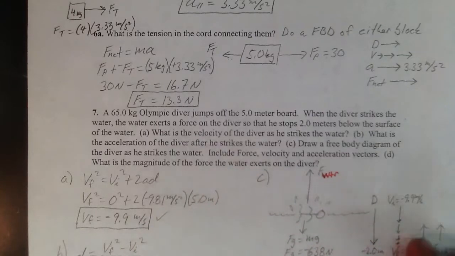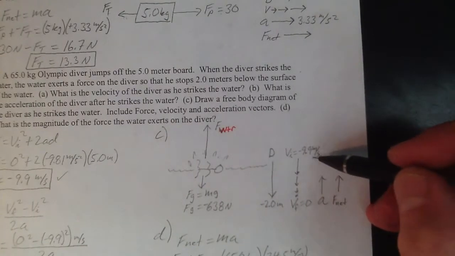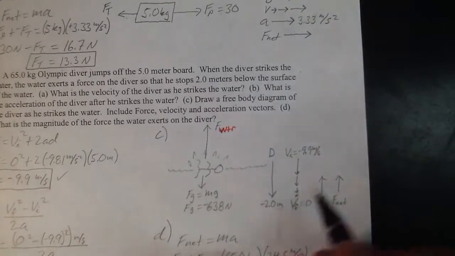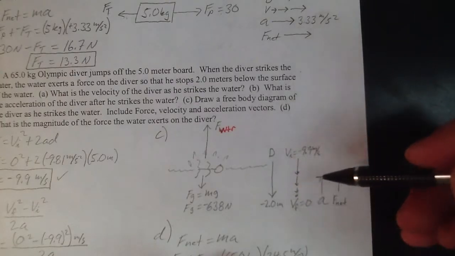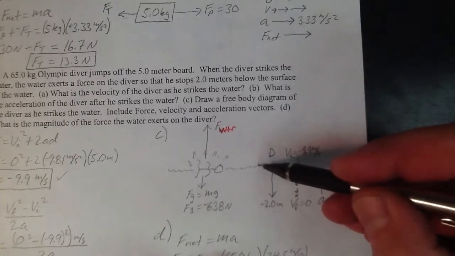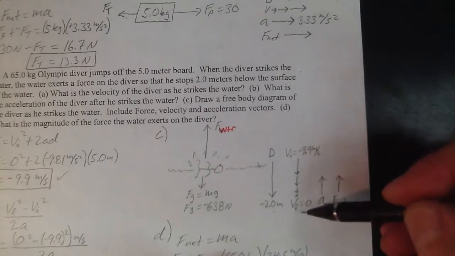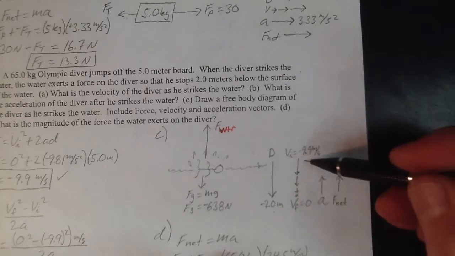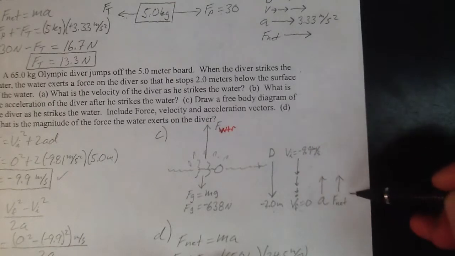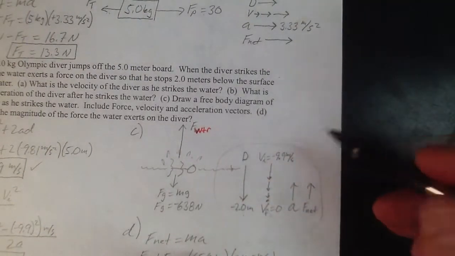So what happens then is I hit the water at a V initial of 9.9 and I come to a stop. By the way, on this problem and on the test, I'm going to say, hey, I want to see the motion diagram. This is what I'm talking about. Displacement, from my initial point, I go down 2 meters. My velocity started at 9.9, slowed to 0. Velocity decreasing means acceleration has to be in the opposite direction. F net must be in the same direction as acceleration. I need to see this.